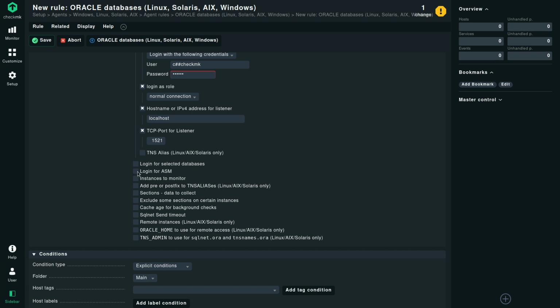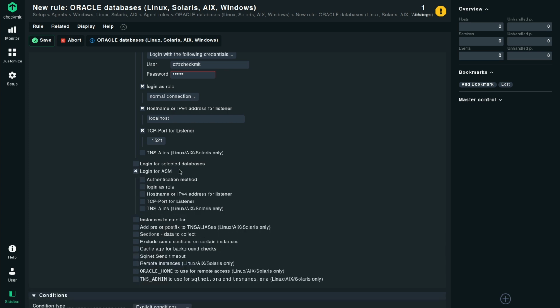Next option is login for ASM. If you have ASM enabled on your database, then you could also define the credentials here. It's the same settings where you define an authentication method, you define a role, host name, TCP port, and TNS alias.